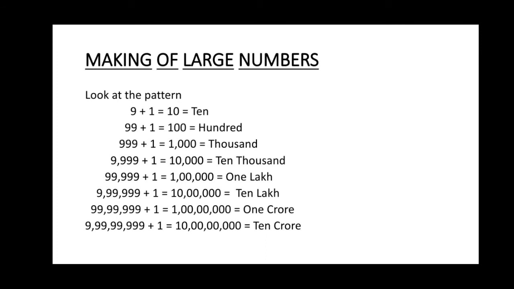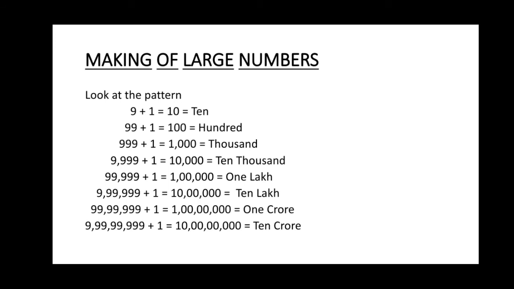Whereas the thousands period is separated into thousands place and ten thousands place. The lakhs period is separated into lakhs place and ten lakhs place. And the crore period is divided into crores place and ten crores